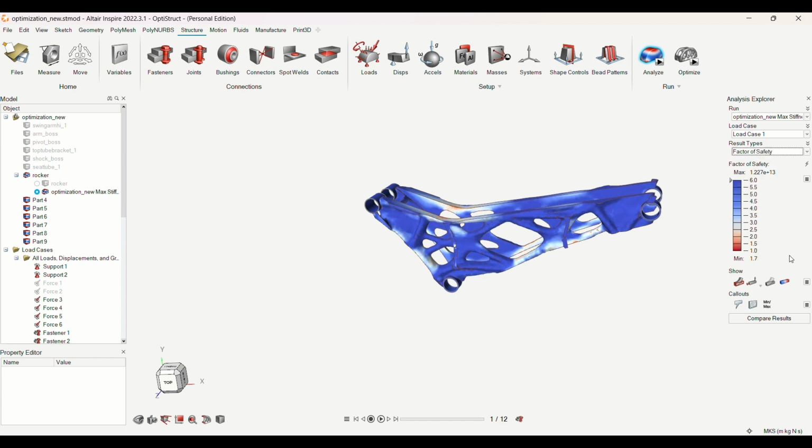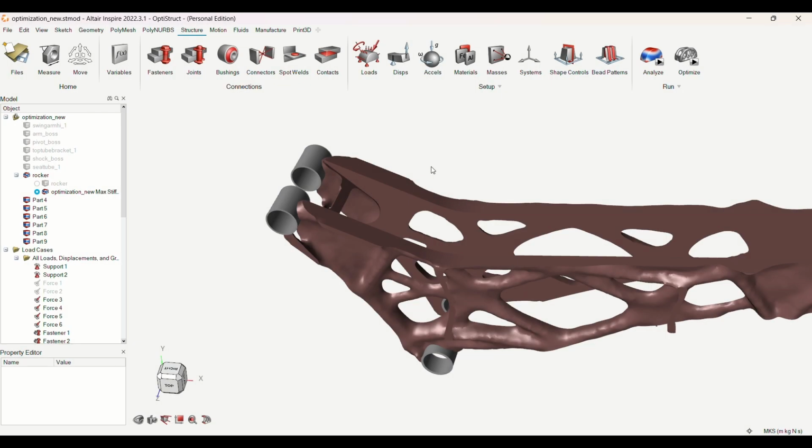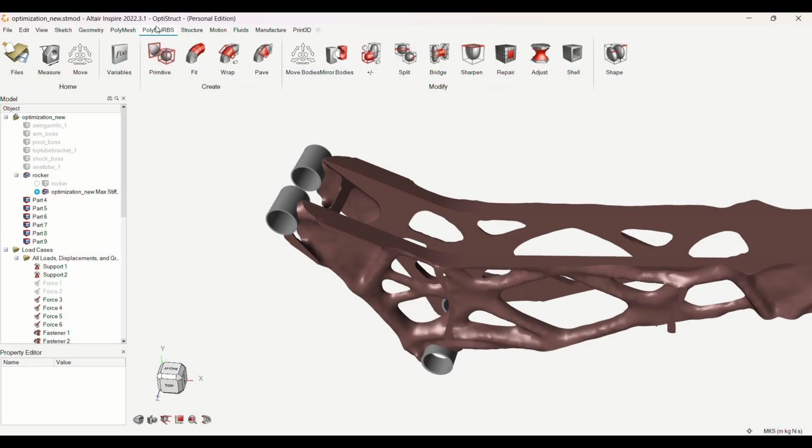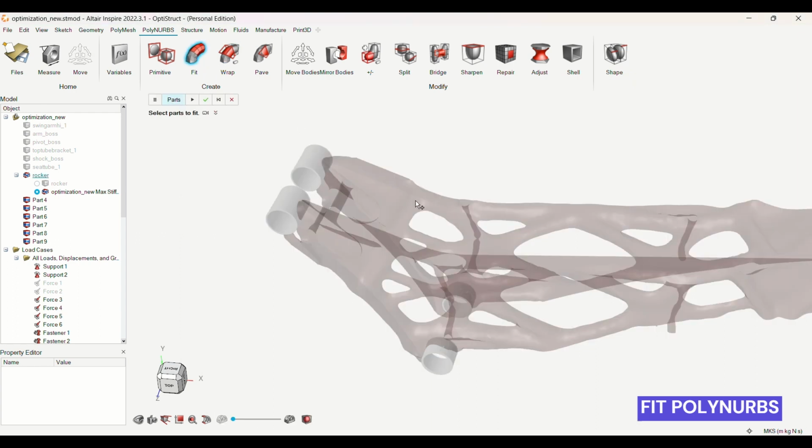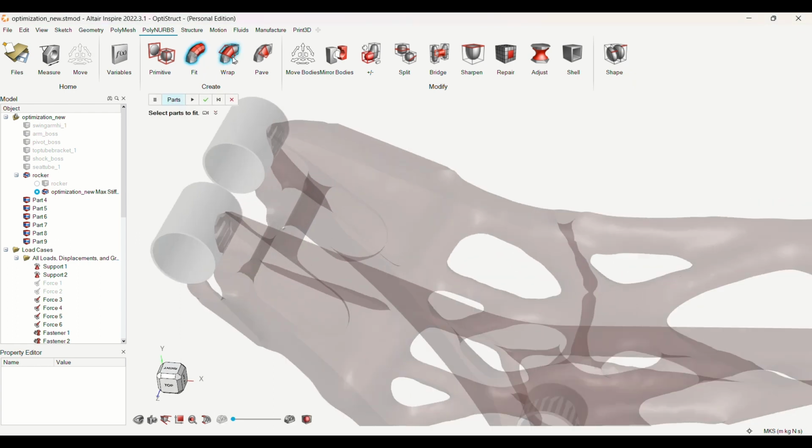Here the displacement is very less and the factor of safety is 1.2, which is in the acceptable range.